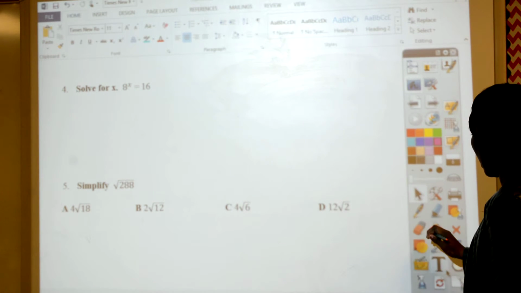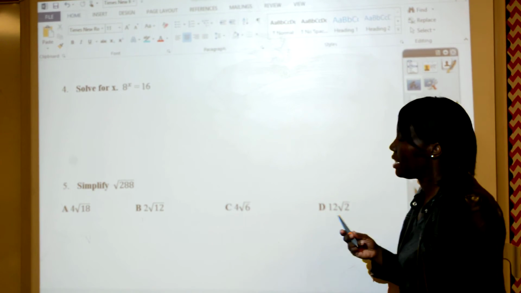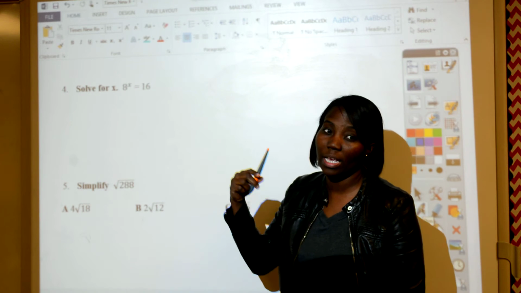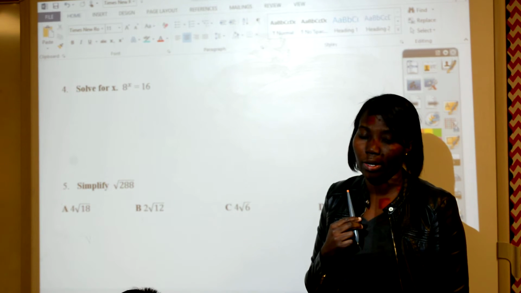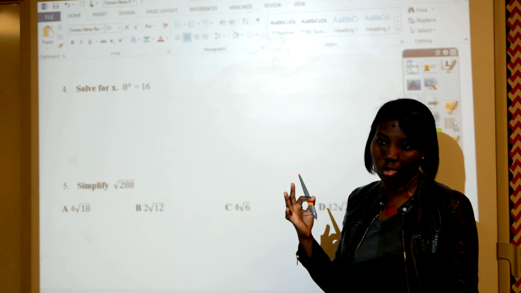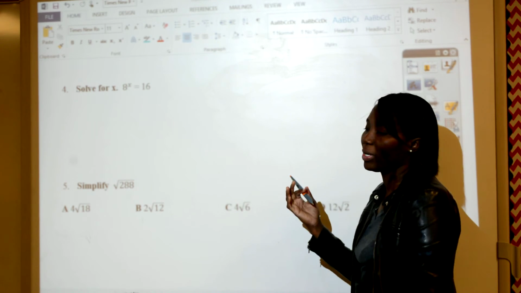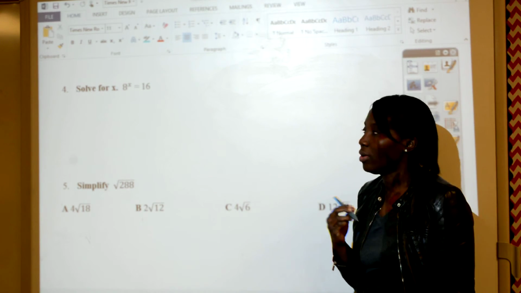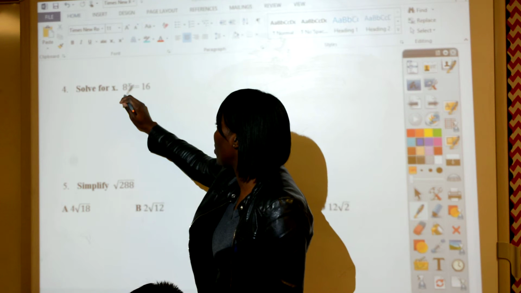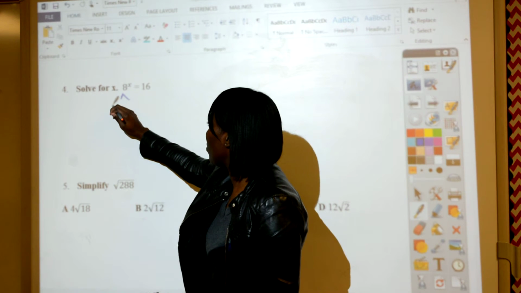We have 8 to the x is equal to 16. Is there any way we can make 16 have a base of 8? No, because 8 to the 1 is 8. 8 to the 2 is going to be 64, right? So what can we do to both of those numbers? Reduce both of them. If it doesn't work for what it is, we can reduce both of them. And we can break that into